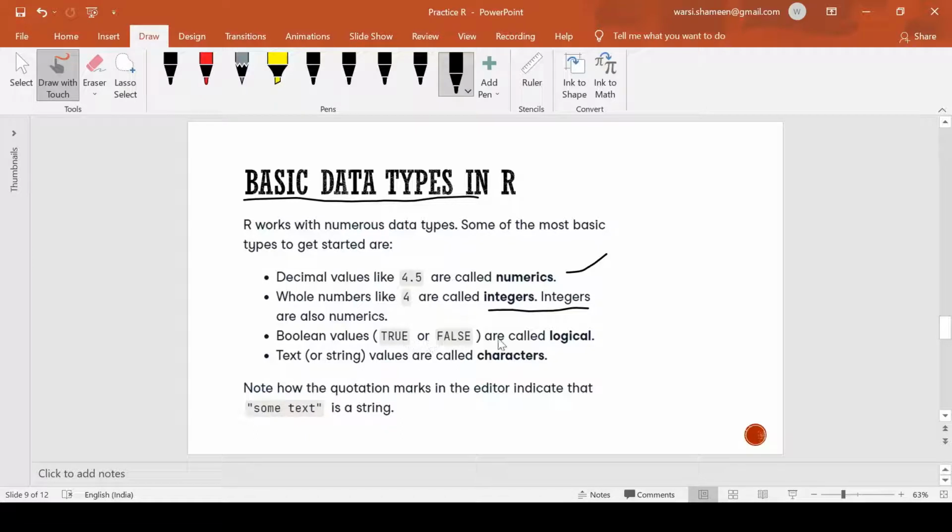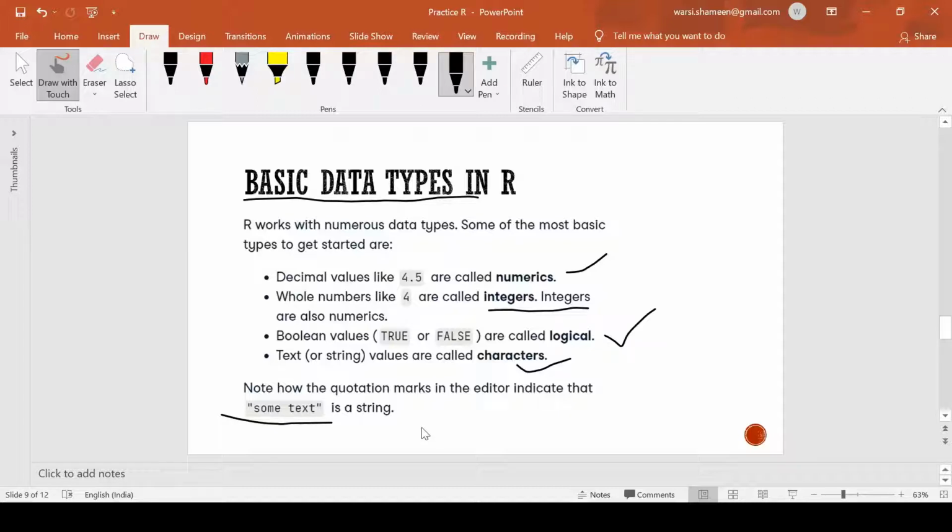Boolean values, true or false, are called logical, which are also required most of the time to perform any command or to execute any program in R. The Boolean values have their own importance. Now, text or string values are called characters. When any text is written in inverted commas, we say that they are characters.